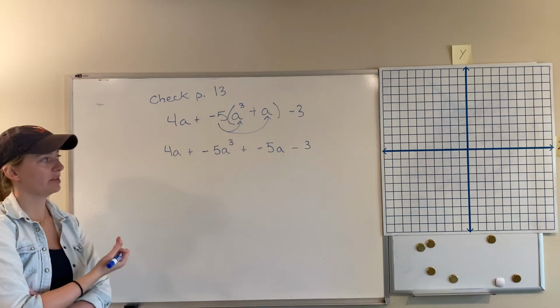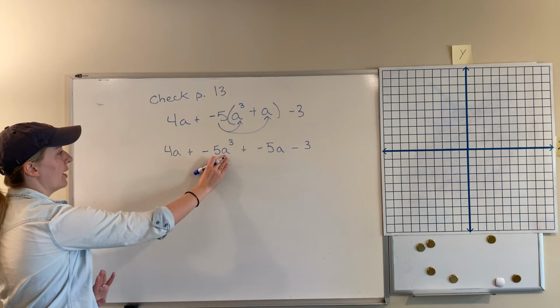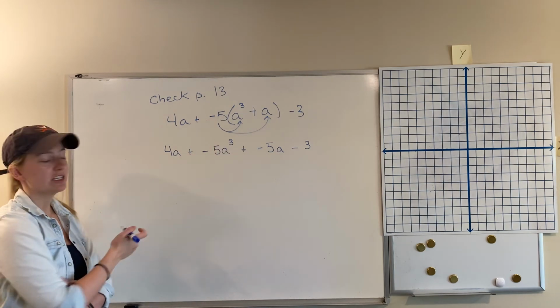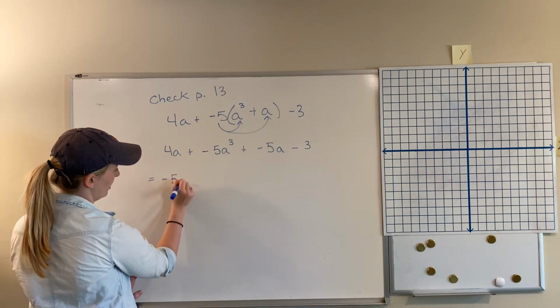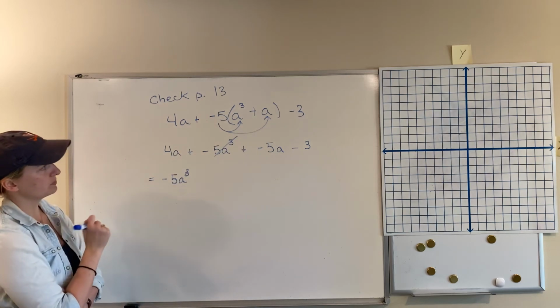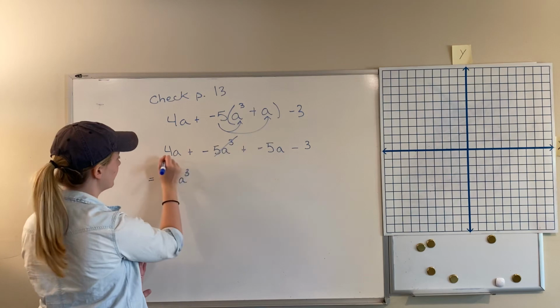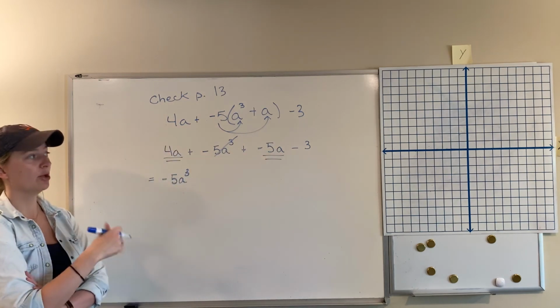And now I ask myself, do I have any like terms to bring together? Do I have any other variable that's a to the 3rd? No. So there's nothing else I can do there. So I'm just going to rewrite that starting with my highest exponent. And it has nobody, so I can't combine it. My next highest exponential value is just a to the 1st. And I notice I have 2 of them. I have 4a plus negative